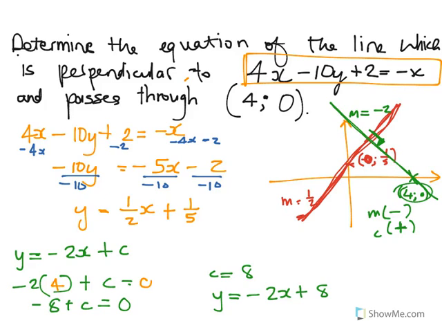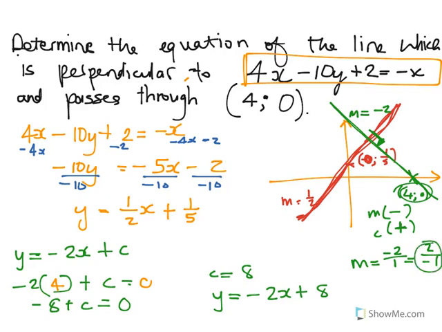Of course, if you know your relationships between perpendicular lines, you can already check whether your gradient is correct by multiplying it with this and seeing if you get minus 1. Anyway, so the gradient of my line is minus 2, which I can express as minus 2 over positive 1, or positive 2 over negative 1. So let's go with